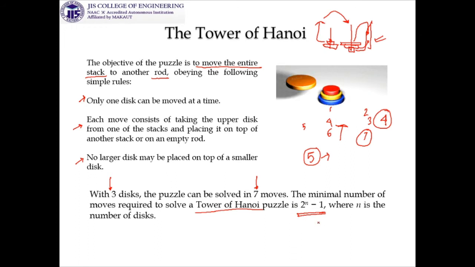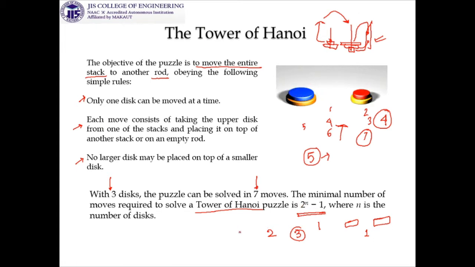If you take n equal to 1, it is 1, because there is a single disk, you are just moving it out. So 1 step is required. If there are 2, then it is 2 to the power 2 minus 1, that is 4 minus 1, that means 3 steps are required. For 3, 2 to the power 3, that means 8 minus 1, that is 7 are required. But in this way, if you just grow bigger, suppose you have 5, then 2 to the power 5, that is 32 minus 1, 31 steps are required. So it is a big number when you increase n by just 1.